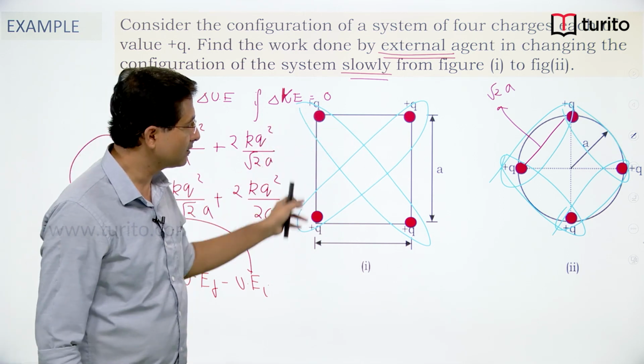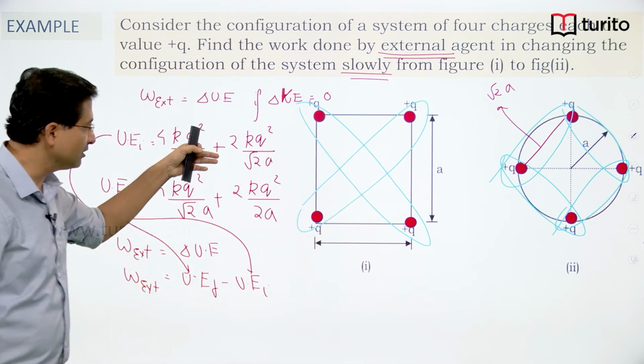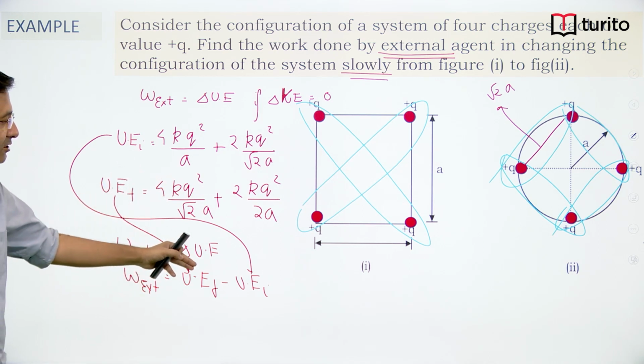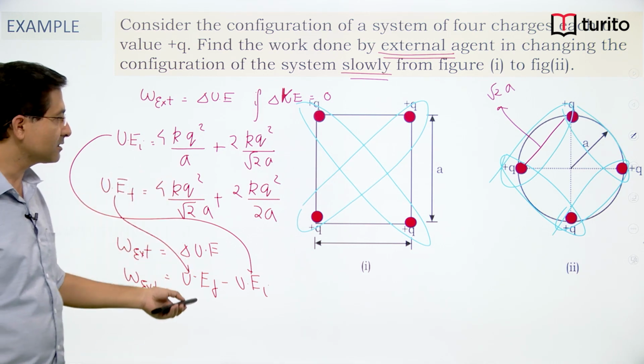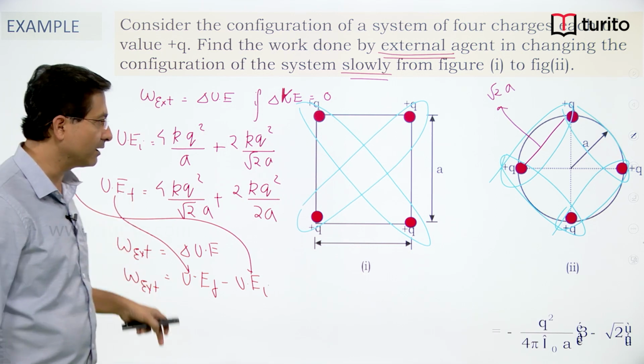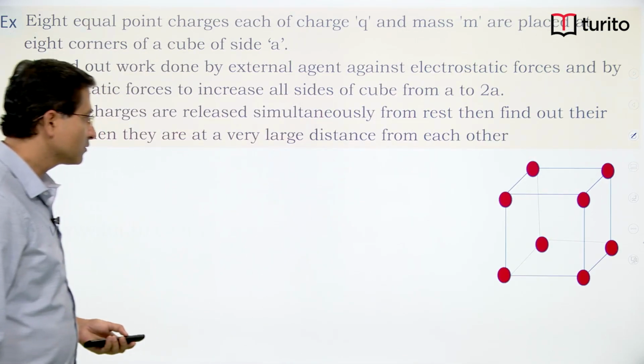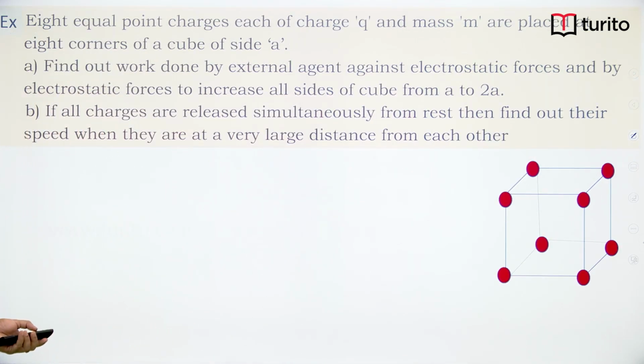Make the combinations and write the initial energy of the configuration, the final energy of the configuration, work done by external agent is change in potential energy, get the difference. So after simplifying you will be getting this one, right. So you can simplify, right. Now